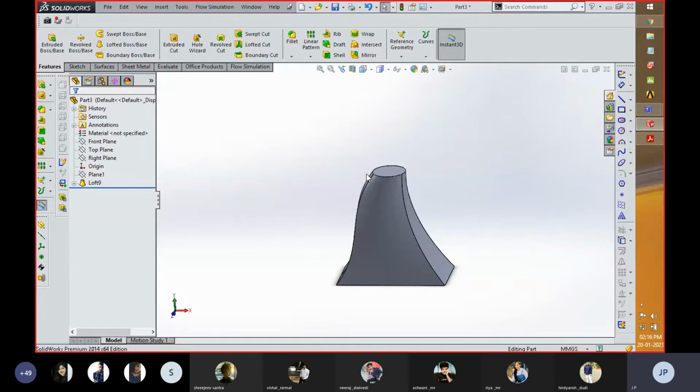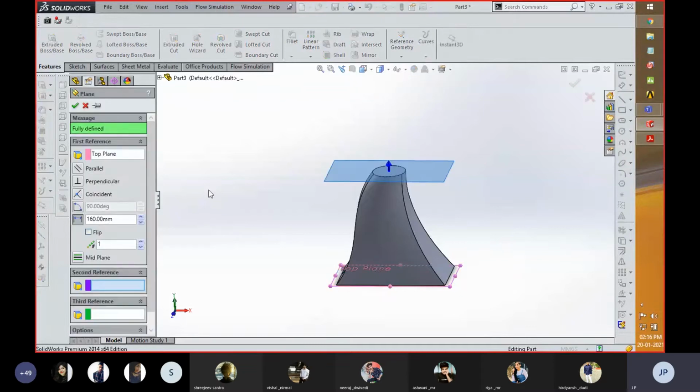But with respect to a sketch, if you want to join that sketch with respect to a plane, with respect to a face of a geometry, for that purpose you have to use this boundary boss toolbar. For that, I am going to create a datum plane with respect to this for creating a different profile.